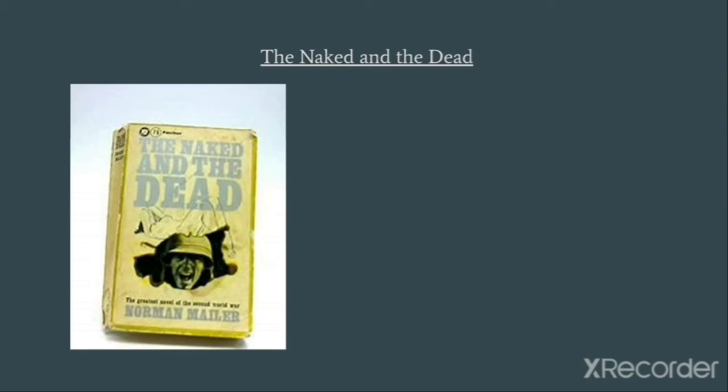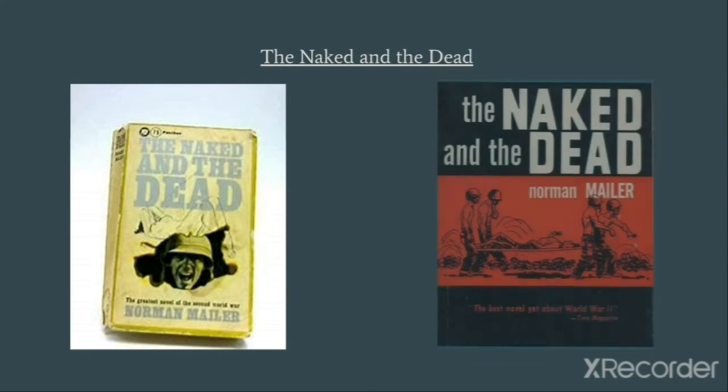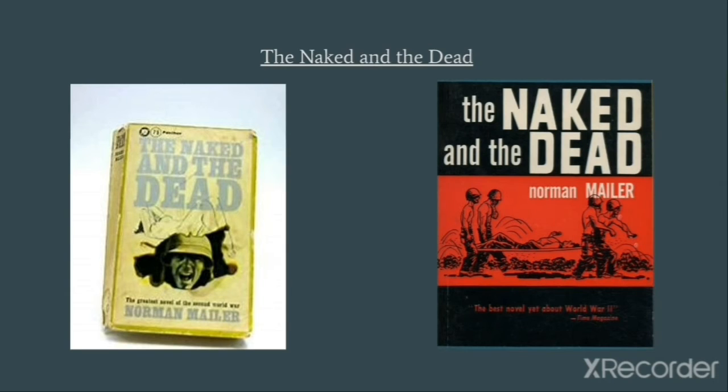The novel was divided into 4 parts. In the first part, called Wave, our military characters wait for orders when an attack by sea takes place by the Japanese. One of the crewmates is so frightened that he panics and runs out of his foxhole and is immediately killed by the enemy. This shakes up the rest of the crew, as it is the first death they have seen since they have been at war.